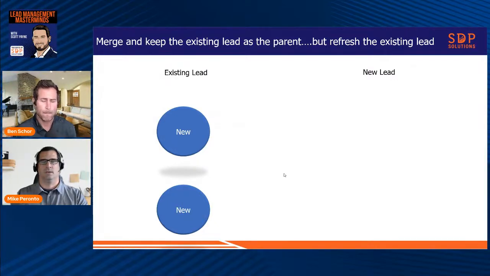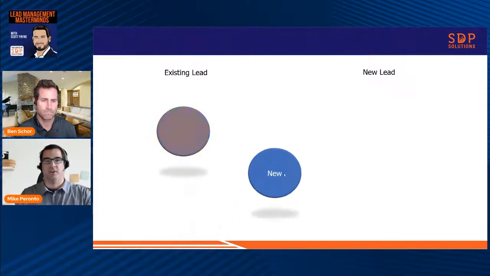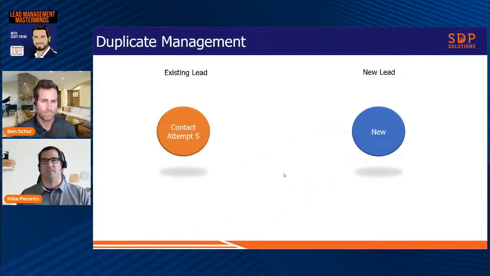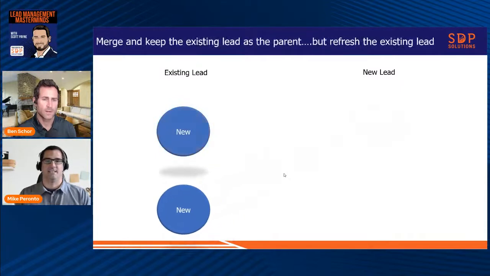Mike, thoughts there? Yeah, and Ben, to your point, one really, really good example on this is let's say you had a lead where the current status of the existing lead was like contact attempt 9, where, in your contact strategy, you may be calling it every 3 to 5 days. If you get a new lead record from a different lead source, you can merge these two together, change the status to the status of new, and then you're basically resetting that contact strategy to that more aggressive contact strategy on the front end to contact the borrower.